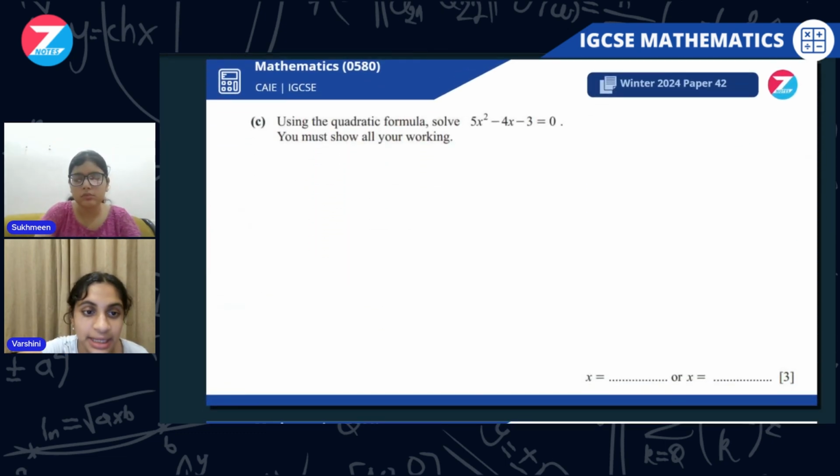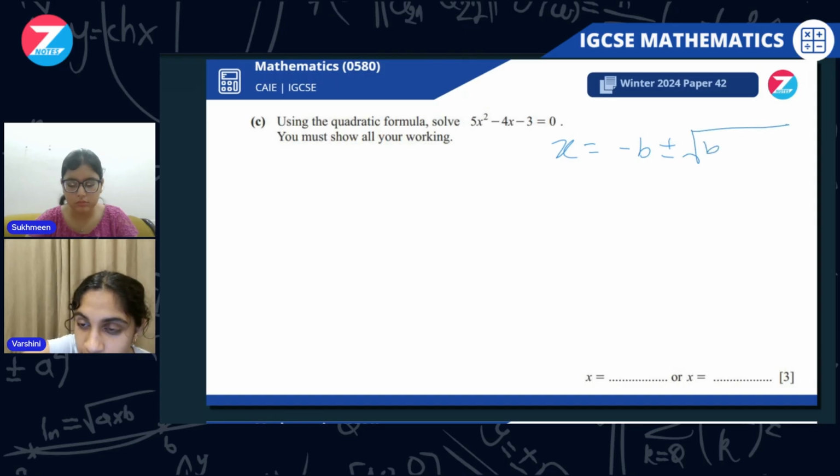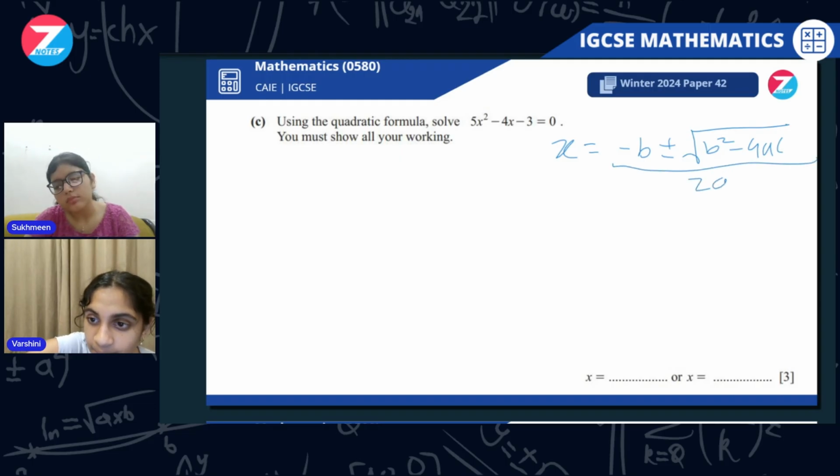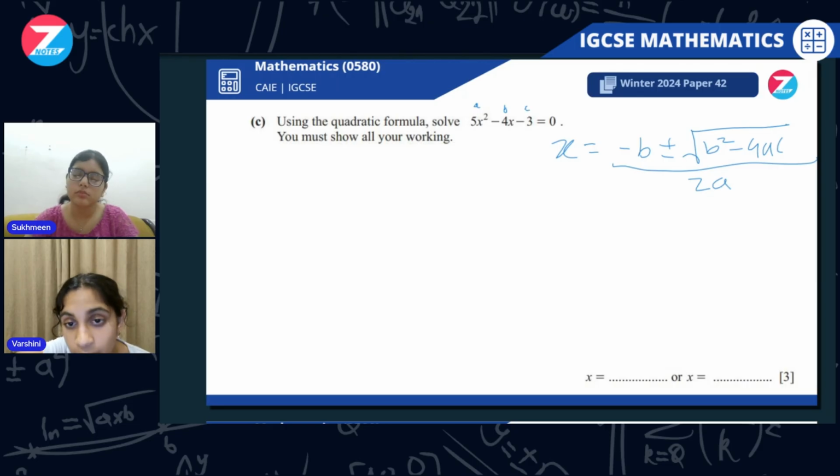Okay, to the next question. Using the quadratic formula, solve 5x squared minus 4x minus 3 equals 0. You must show all your working. Okay, so we know that in the quadratic formula, x equals minus b plus minus root of b squared minus 4ac divided by 2a. And this term equals a, this term equals b, and this term equals c. So all I have to do is put this right in here. So that's going to be minus minus 4, which is going to be plus 4, plus minus